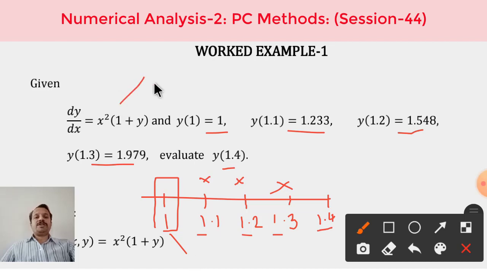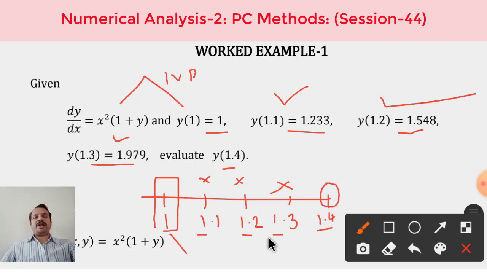So differential equation with the initial condition, that is the IVP. So these three additional values may be given or may not be given. However, we are lucky enough here, these values have been given. In some cases they may not be given. If they are not given, we have to use any one of the known single step methods, like Euler's method, Runge-Kutta method, Picard's method, and even Taylor series method, to estimate the value of y at these points, and then we can move to find the value of y at this particular point. So this we have to understand at the beginning.